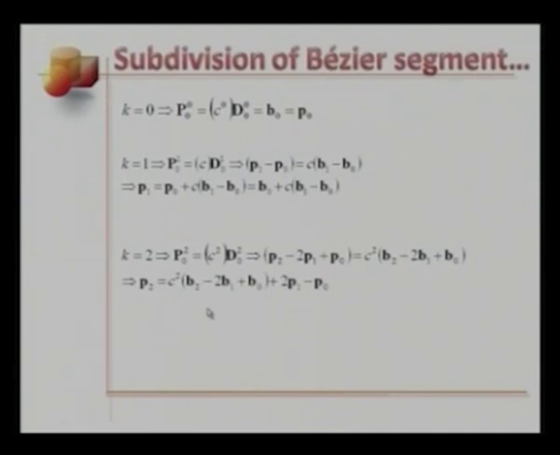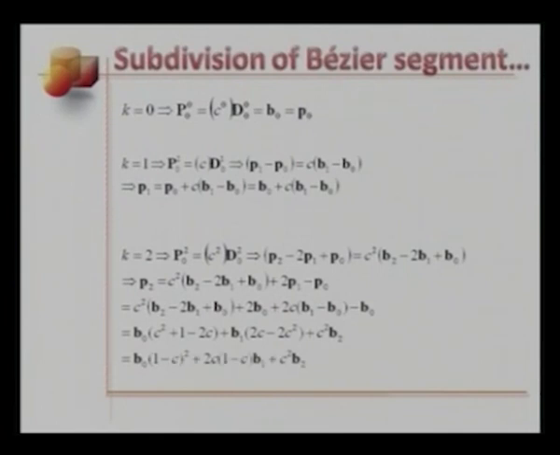We can compute what p2 is, and that is c squared times b2 minus 2b1 plus b0 plus 2 times p1 minus p0. We can substitute for p1 and p0 from these expressions. And eventually, after some algebra, we can find p2 as b sub 0 times 1 minus c squared plus 2c times 1 minus c b1